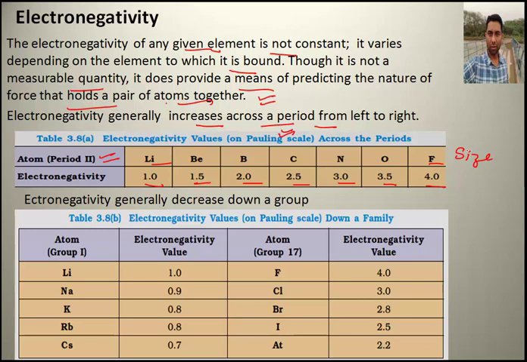So smaller the size, greater will be the electronegativity of the species. As you know that fluorine has the smallest size, so its electronegativity will be maximum, right? Now then, variation down the group. Electronegativity generally decreases as we move down the group. Again, on that Pauling scale, who has given the representation of values of various elements as per their electronegativity, we